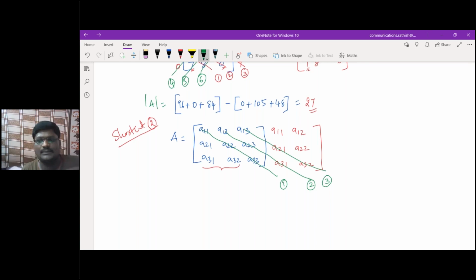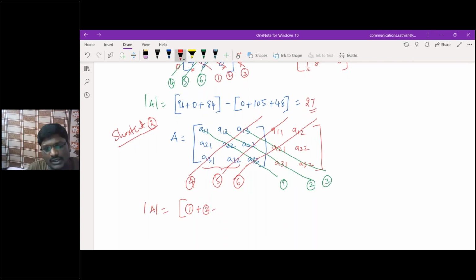Nothing more than that. Then similarly, the opposite side. See here, this is one of the middle diagonal elements. Then below the middle diagonal elements, these I can consider as 4, 5, and 6. So similarly, your determinant of A will be